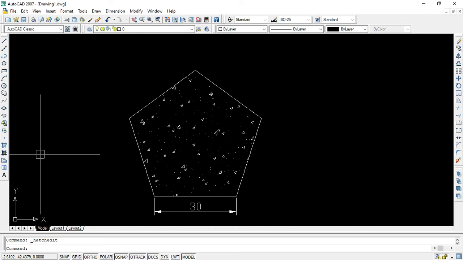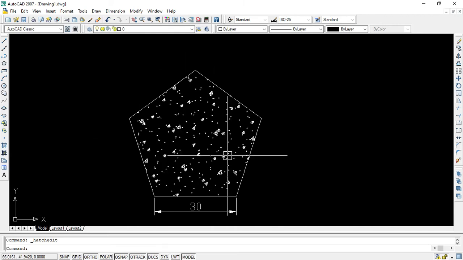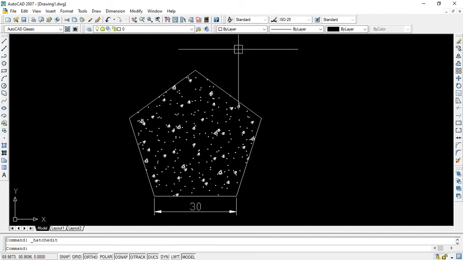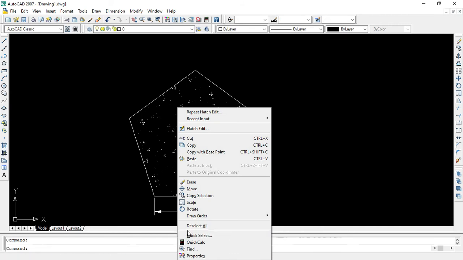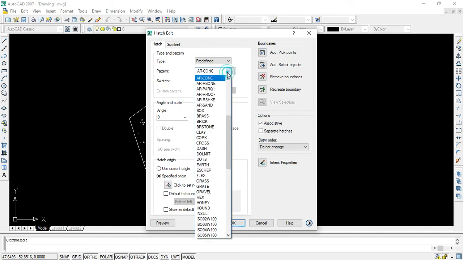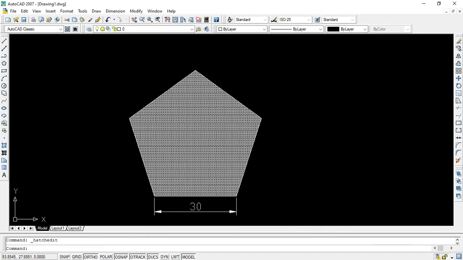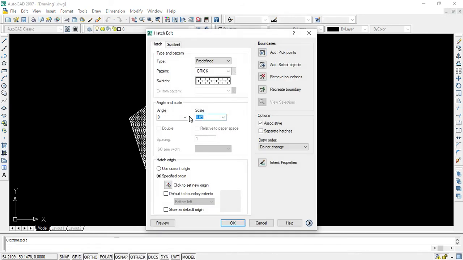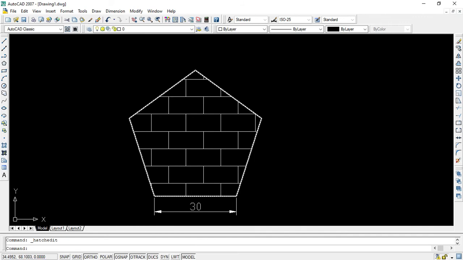Showing the concreting, in case of civil engineers, this is very much important. Suppose in AutoCAD you have drawn some column, so you have to show the concreting area. Like this you have to show. So the thing you have to select is, go to this hatch edit, then go to that AR concrete pattern. See here, this is AR concrete. This is the thing. Suppose you have to show brick, click on brick, then press OK. See here, brick. Now click here, then again edit it, suppose you give 1. So it will be very easy to see. Like this you can make.